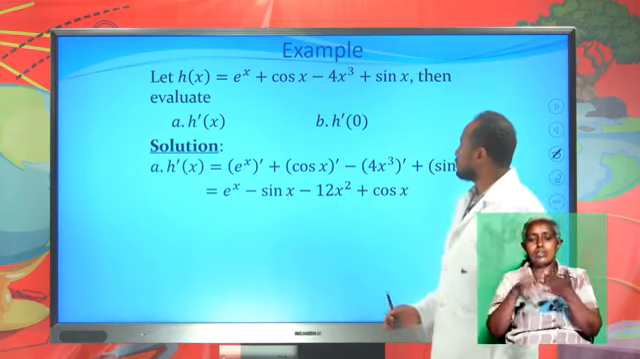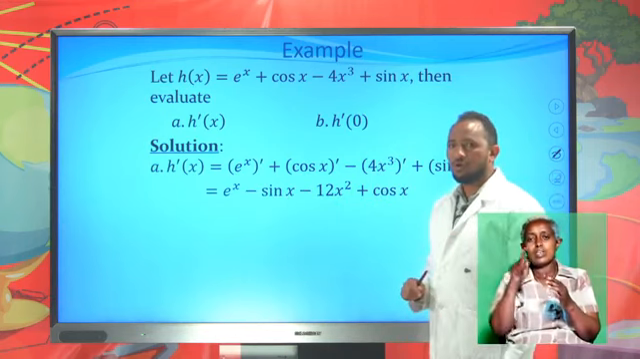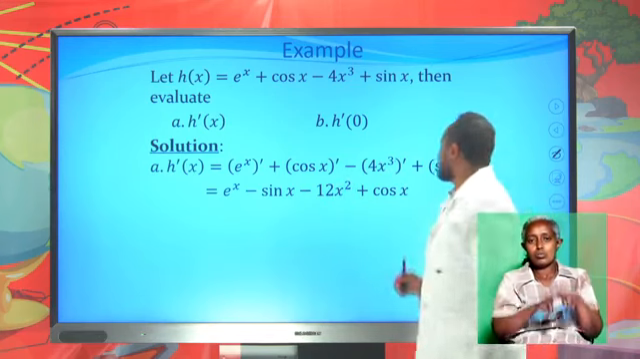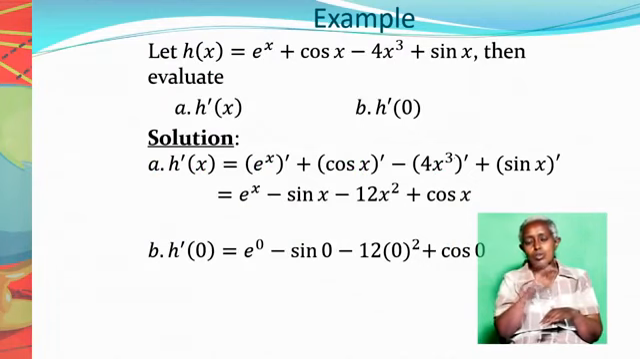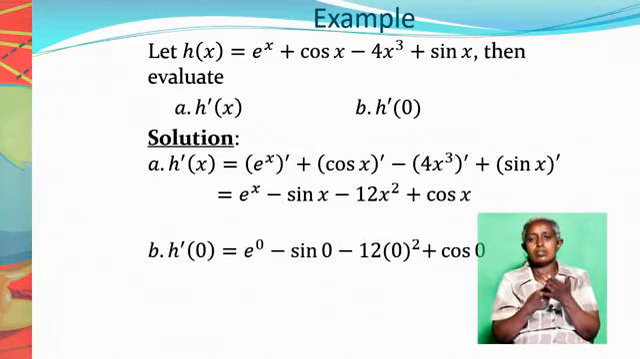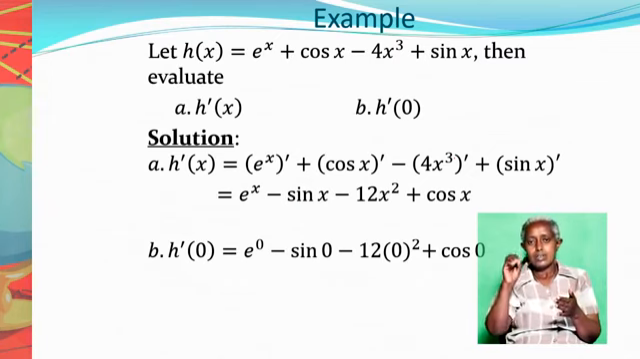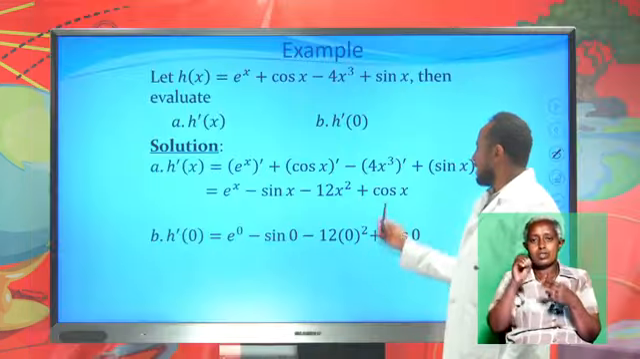Next, we are asked also to find h derivative at 0. So let's put 0 in this function. Therefore, h derivative of 0 is equal to, you put 0 in place of x. So you have here e raised to 0, minus sine 0, minus 12 times 0 squared, plus cosine of